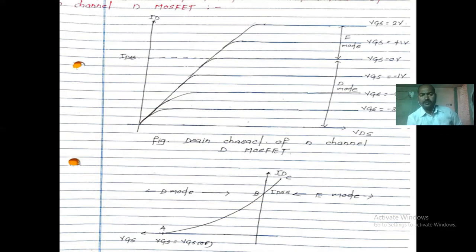Now we have seen the transfer characteristics. The transfer characteristic is the plot of the drain current versus gate to source voltage, right? Here the gate to source voltage starts from the negative and increases towards the positive, right? When Vgs equals 0, more and more current flows through the device. As we increase the positive value of Vgs, the largest amount of current flows through the device.